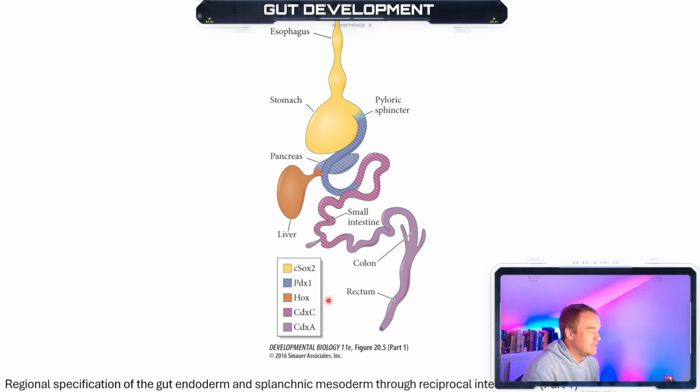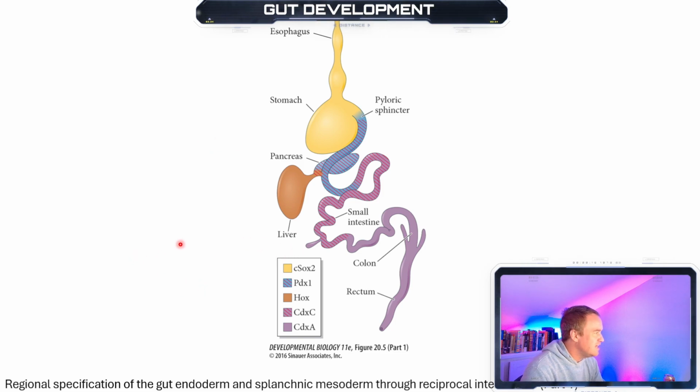So this is the regional specification of the gut endoderm and the splanchnic mesoderm. And this happens through reciprocal interactions. Reciprocal being in the news a lot lately when this video was recorded due to tariffs, meaning one influence, they bounce off each other, right? If one does to the other, the other does to one. Back and forth. So in this case, SOX17,